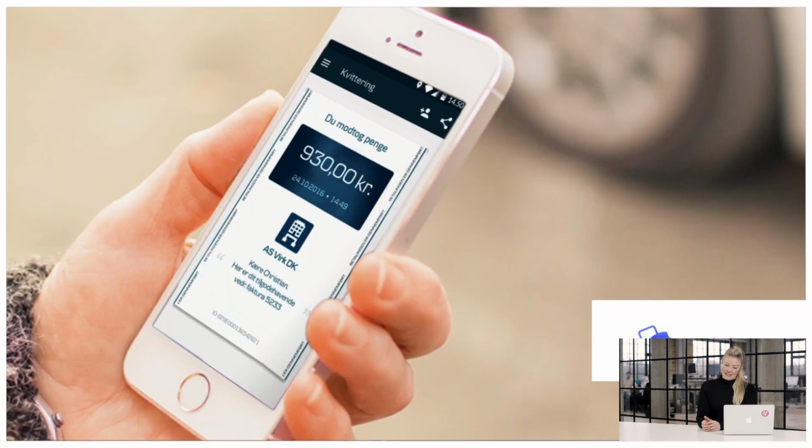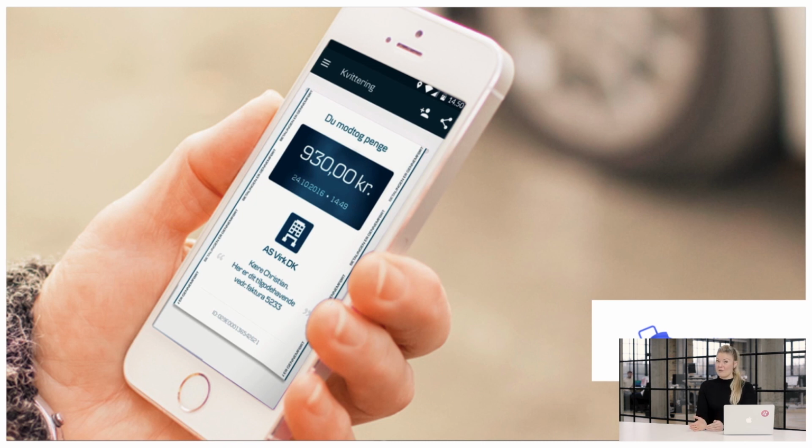A great example is the Danish MobilePay, where users can send or transfer money to each other just based on cell phone numbers or your contact list in your phone. So if I want to transfer money to my friend, I just open the app, find him in my contact list, type in the amount and swipe, and then he has the money that I wanted to transfer to him.